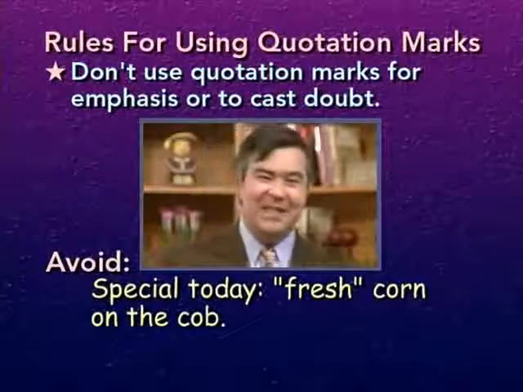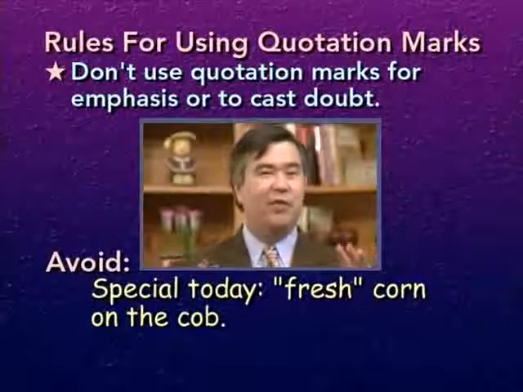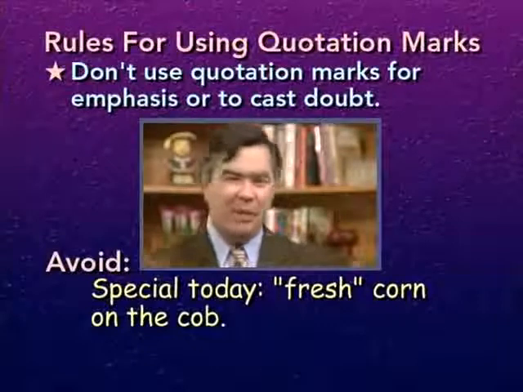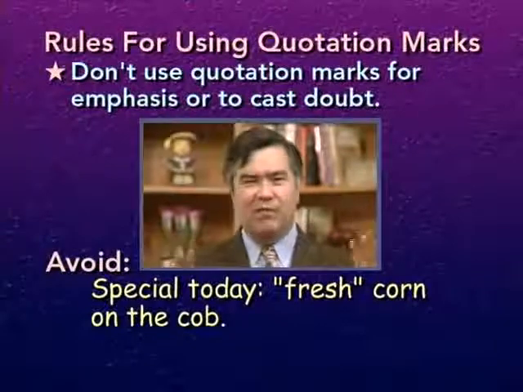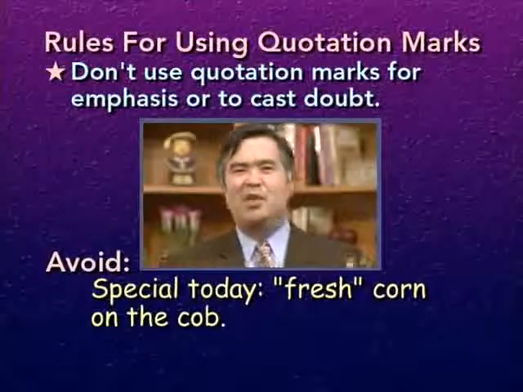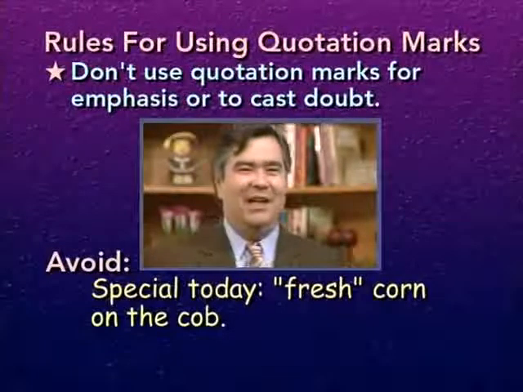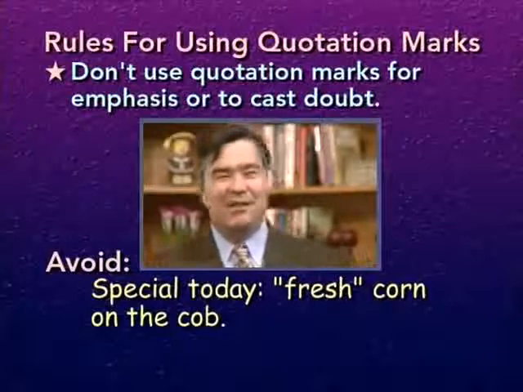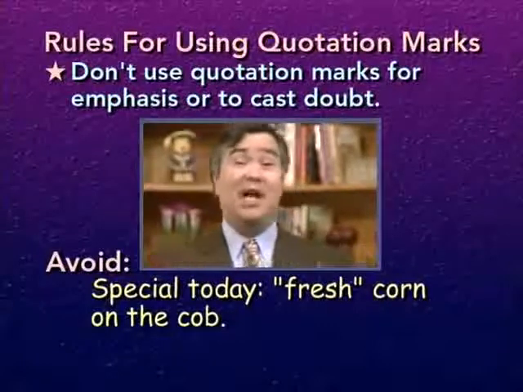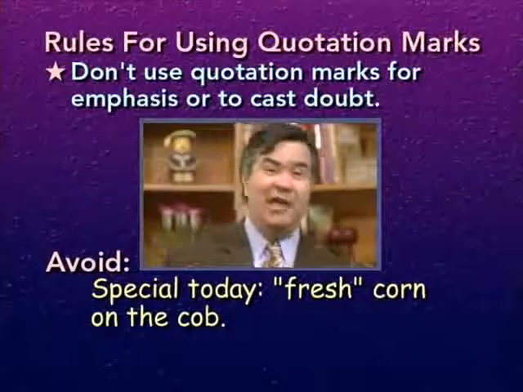The author of this sentence is trying to emphasize the word fresh. He's trying to say, wow, it's really fresh. You really want this corn on the cob. But by putting the quotes around the word fresh, he's making it sound as though he is quoting some other source, that the word fresh comes from someone else, which doesn't really make sense. If the author of this sign wants to emphasize fresh, perhaps he could underline it or even print it in